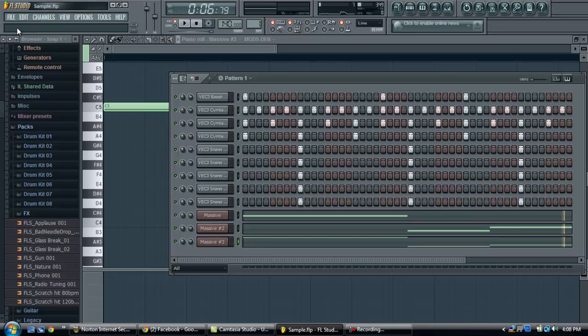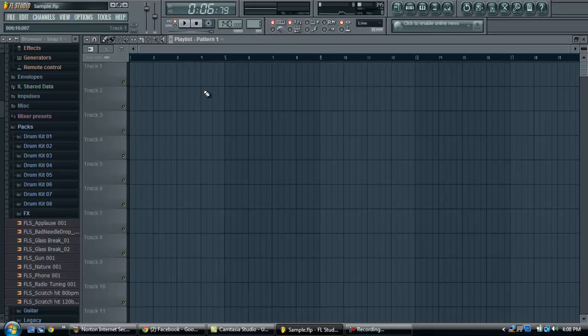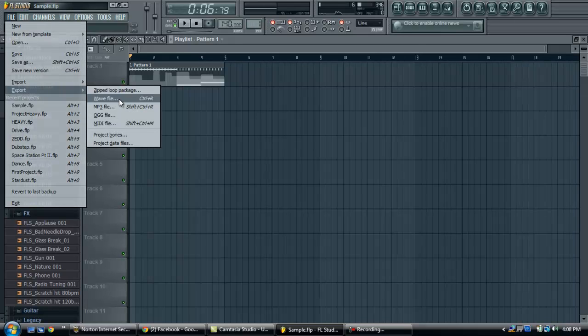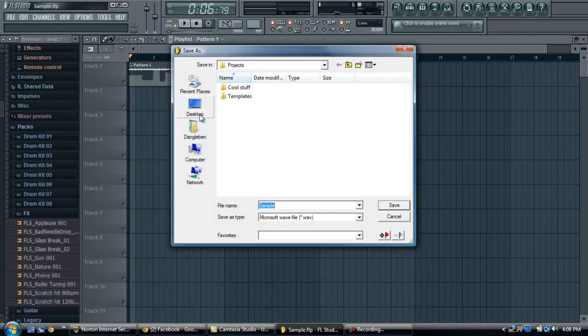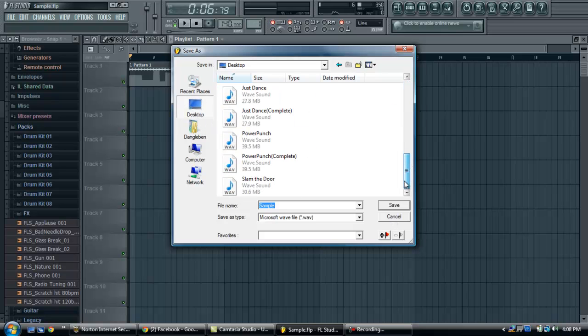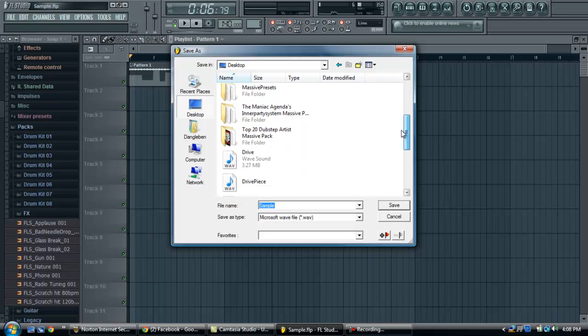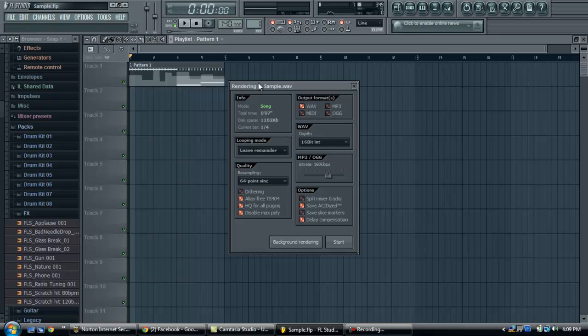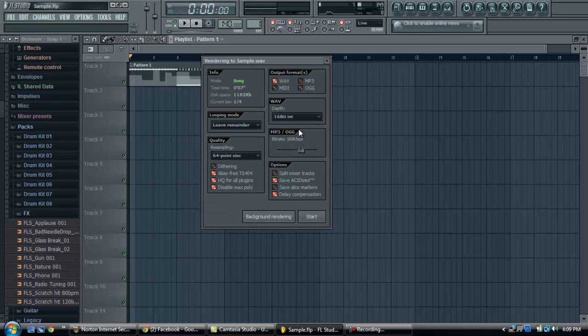And really, when you're done, I like to export it as a WAV. I don't really like rendering it to MP3 because it just takes too long. It's not worth it. What you do is take this, enter the name, save it, 7 seconds,